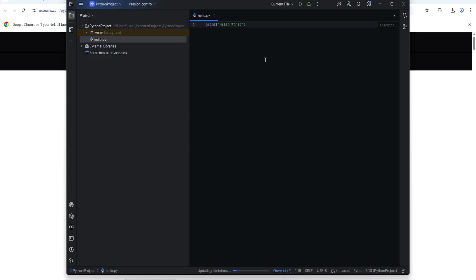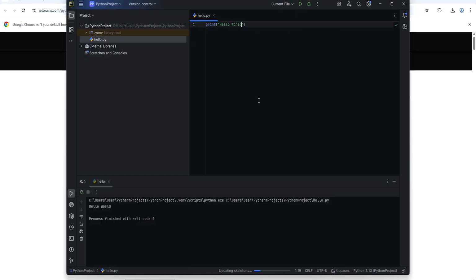So we can write some of the Python code here. I have written print hello world. To run it, just click here and it displayed the hello world message. So we learned how to download PyCharm Community Edition and install on Windows 11. In next section, I will show you how to install Visual Studio Code.